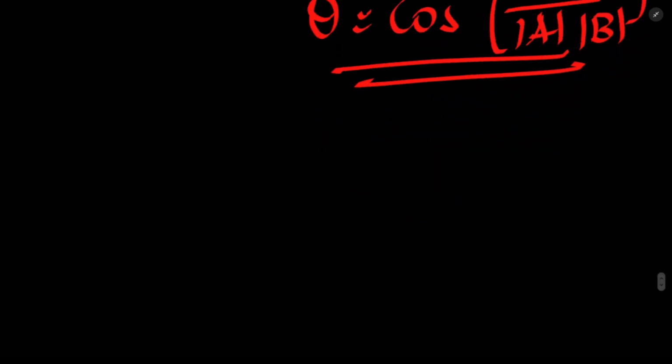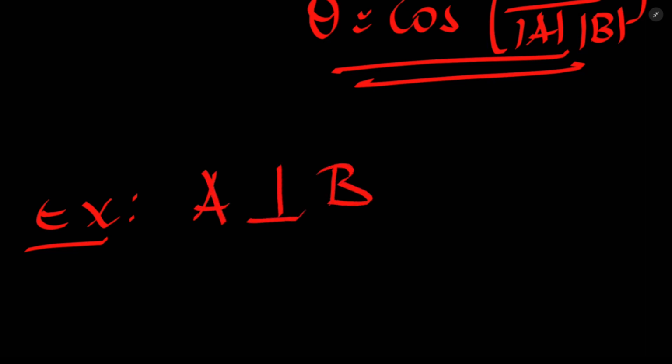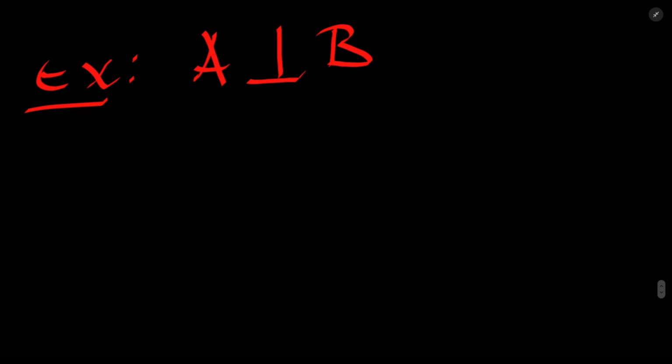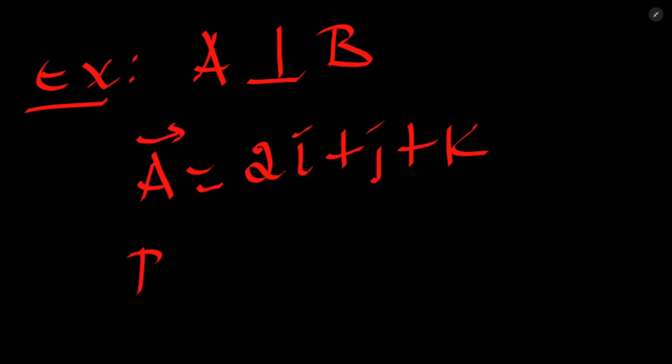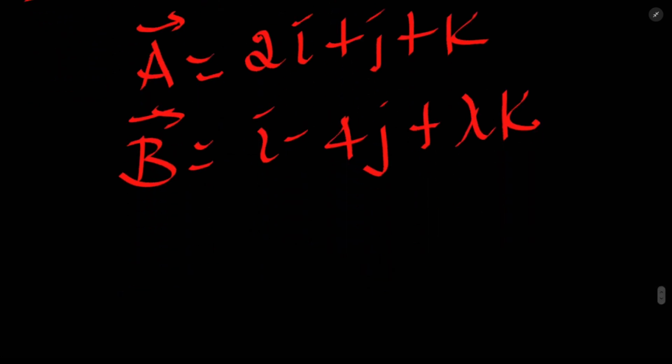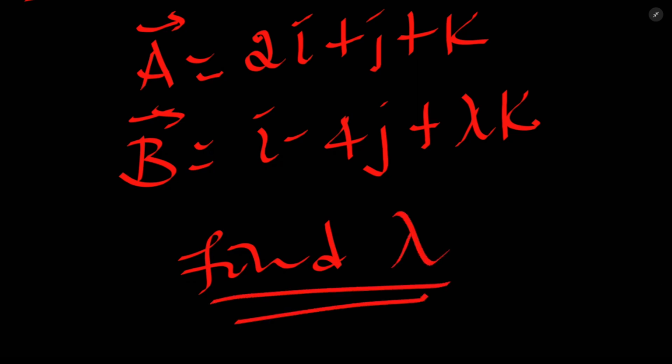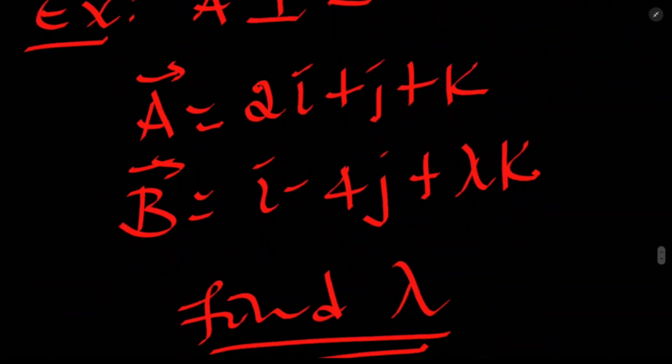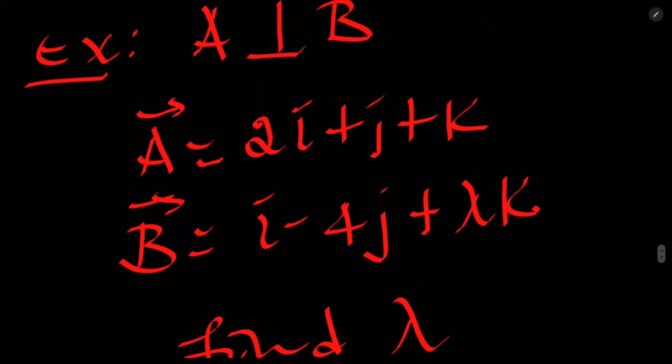እነዚህ ሁለቱን ጥያቄዎች ሞክሯቸው፣ ዳይሬክሽናቸውን እንዴት እንደሚፈልግ ራሳችሁ ሪፈር አድርጉ። so let me give you one challenge question እንደዚህ አይነት ጥያቄ ቢሰጣችሁ let's say we say A is perpendicular with vector B ተባለ፣ A እና B perpendicular ናቸው and vector A is given by 2I plus J plus K ተሰጣችሁ እንዲሁም ቬክተር B ደግሞ እንዴት ይሰጣል ለምሳሌ I minus 4 in the J plus lambda K ተሰጠ so find lambda። lambda እንፈልጉ ነው ተባላችሁ፣ lambda እንዴት እንደሚፈለግ ሞክሩት፣ በቀጣይ ቪዲዮ ላይ አብረን እናየው ይሆናል መልሱን። ስለዚህ እነዚህ ሁለቱን ጥያቄዎች እናንተ ፕራክቲስ አድርጉባቸው።